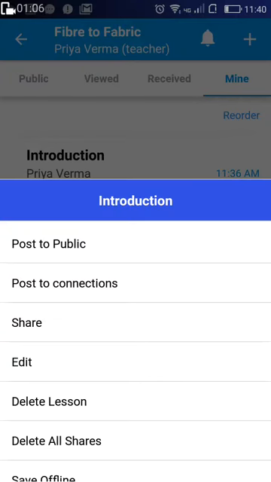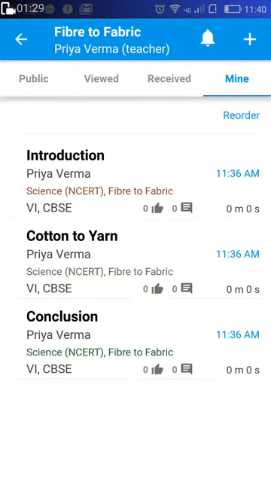All your current connections who belong to 6th standard CBSE will get a notification, and when you make new connections with people who are in 6th CBSE, they will also receive your lesson automatically when they connect with you. You do not have to post it again. Even better, if you have already posted a lesson and you make changes to it, your connections who have previously received that lesson will get a notification saying you have made changes to the lesson that will prompt them to study the new version of that lesson.